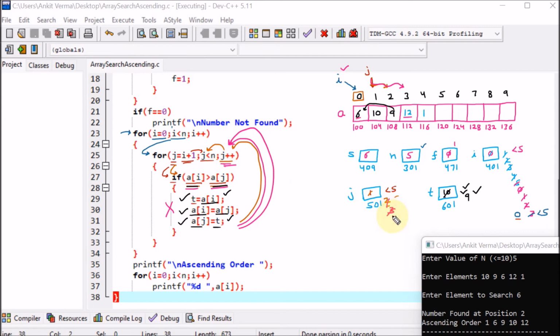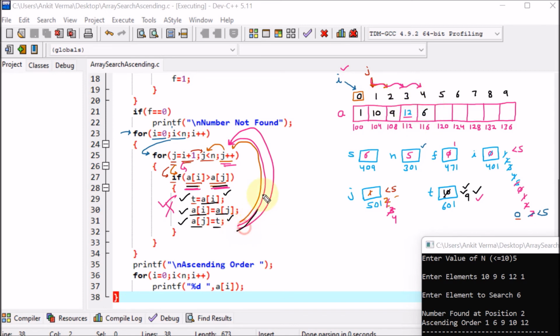The value of j will be 4. So here if we see hypothetically, then j has now come here. Then again coming down, ai greater than aj. So that means i is fixed. So first element which is 6 greater than 1. Perfectly fine. So here again it will come down and swapping will be performed using the temporary variable. So here this 1 will take the position of 6 and this 6 will take the position of 1. So they will be swapped.